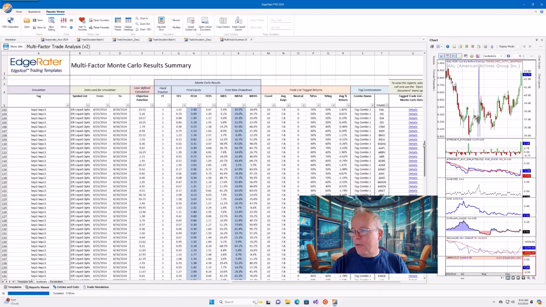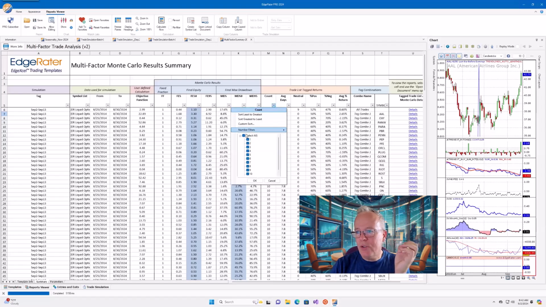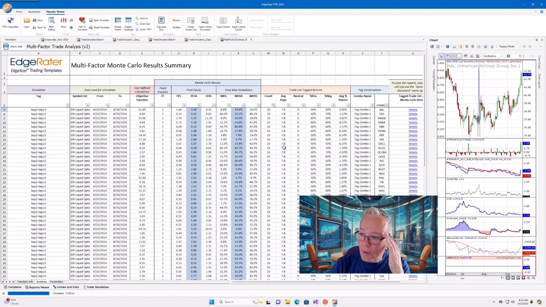So we've run this for September 2 to 13. Now let's try and find something that has upcoming seasonality from this list. I'll show you how to do that. I'll ignore this first one because there's 2040, that is the overall all trades. We'll look for stocks that have at least 10 years worth of data, so we'll just filter down to stocks that only have 10 years of data.